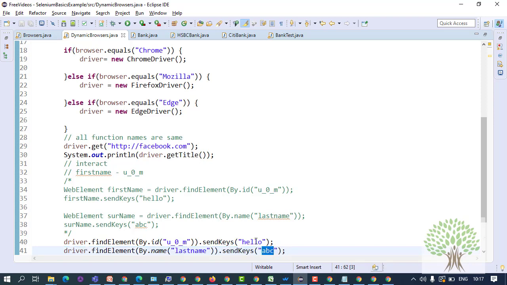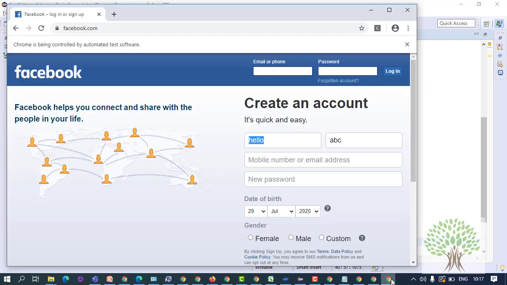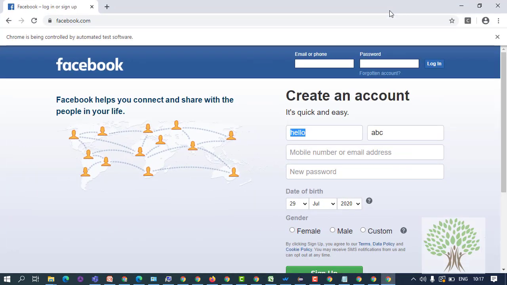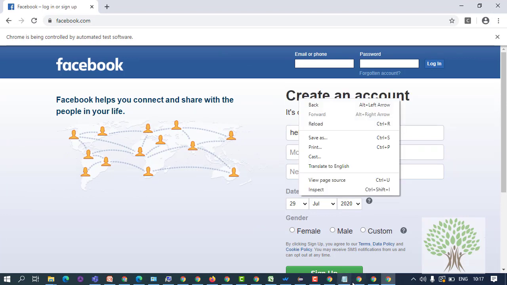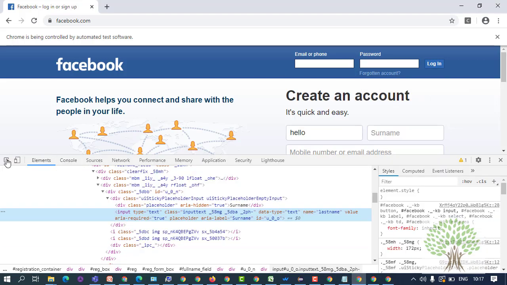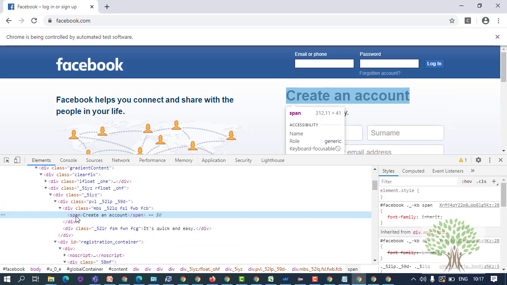But every time you will not get an element which has an ID or a name. Right, for example, you want to extract this text, create an account. If you investigate this text, create an account, it's under a span. This span tag has got no ID.